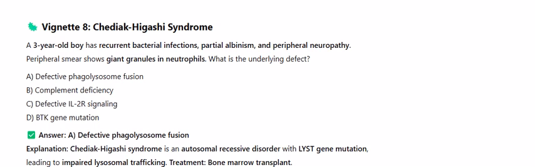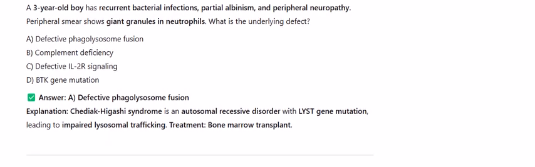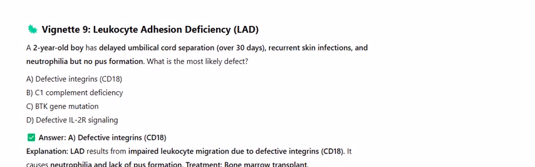Defective phagolysosome fusion. Explanation: Chediak-Higashi syndrome is an autosomal recessive disorder with LYST gene mutation, leading to impaired lysosomal trafficking. Treatment: bone marrow transplant. Vignette 9. Leukocyte adhesion deficiency, LAD. A 2-year-old boy has delayed umbilical cord separation over 30 days, recurrent skin infections, and neutrophilia